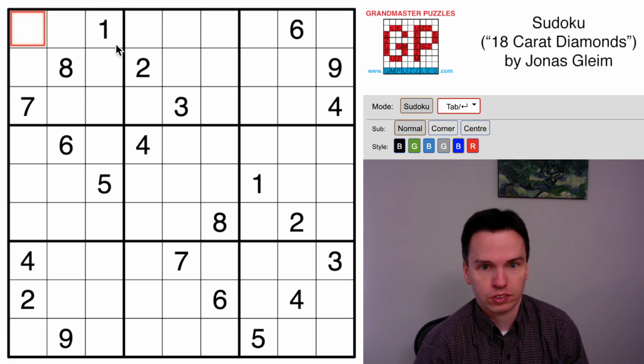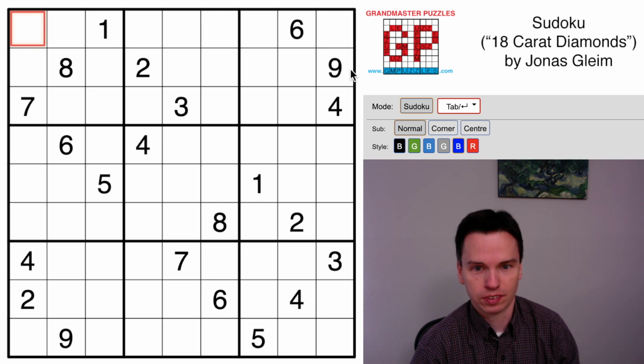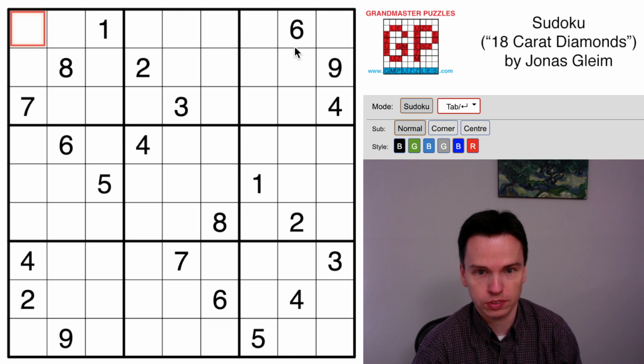So we're here to talk through the Sudoku by Jonas Gleim called 18-karat diamonds, which have a 1 through 8 pattern in the two diamond shapes, and then it looks like 2 4s, 2 9s, and these sort of extra clues, including a single 2, single 6. So the repeated digits, particularly the 4s, where there are also 4s in the diamonds, are the best thing to